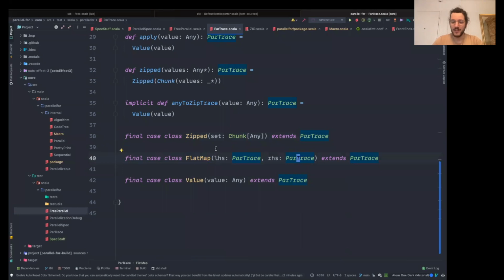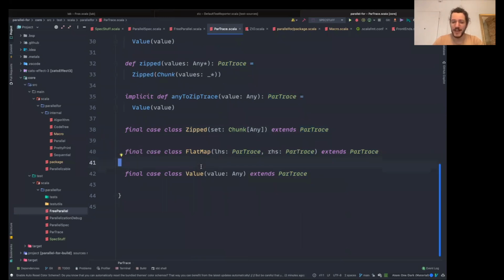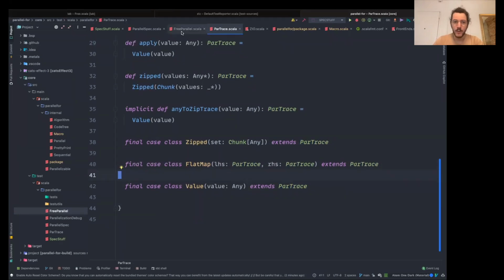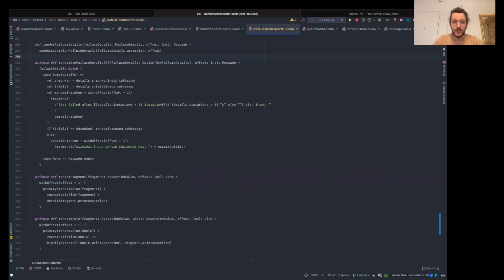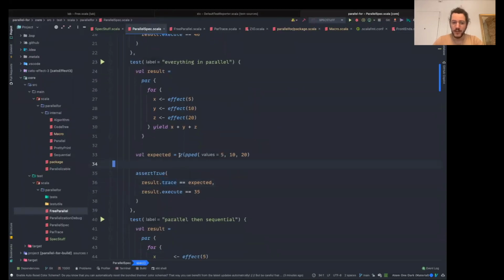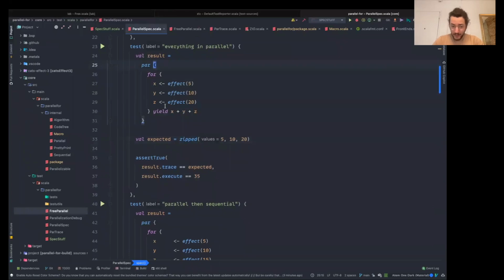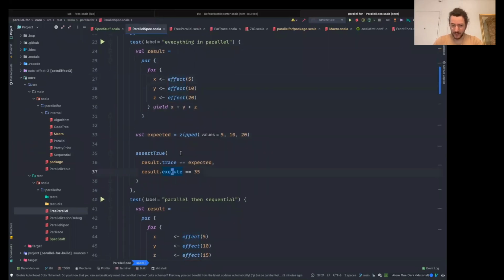So I get the structure that represents the history of my execution, which allows me in my specs to make assertions that parallelizing this for comprehension will essentially just zip together the values 5, 10, and 20. It's going to execute these three things in parallel. And I can also get the pure result of that computation to make sure that the sum of